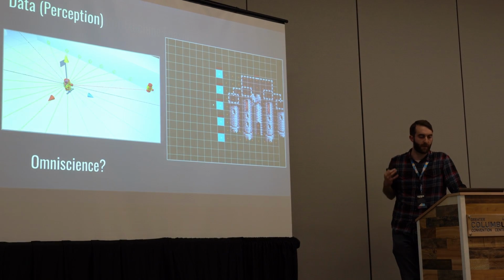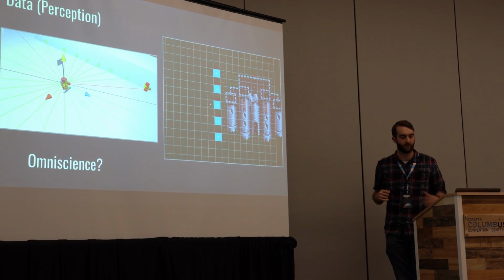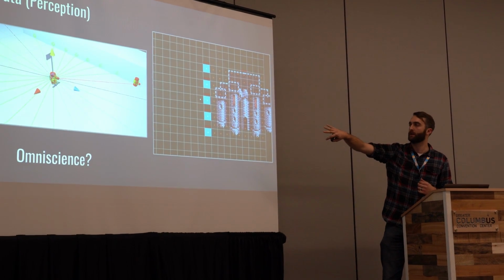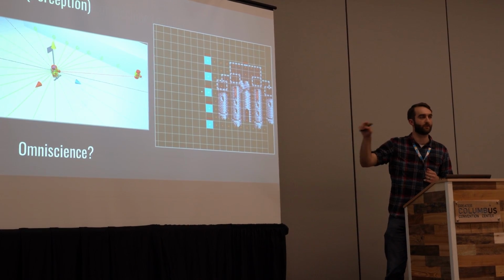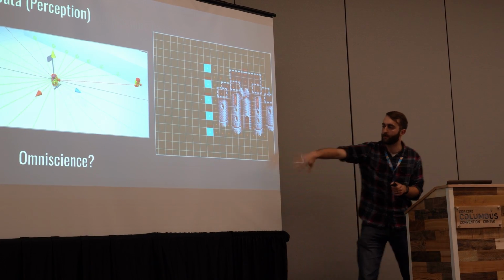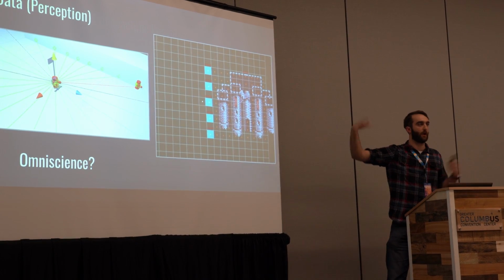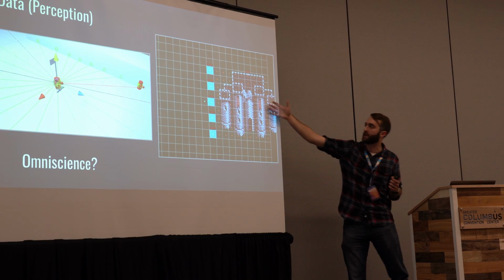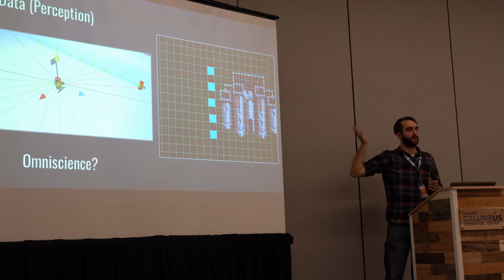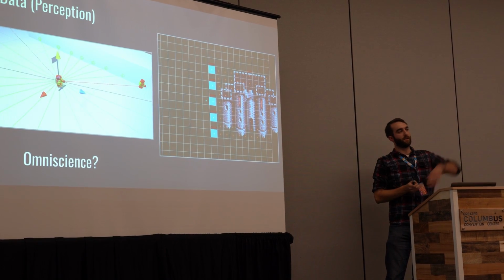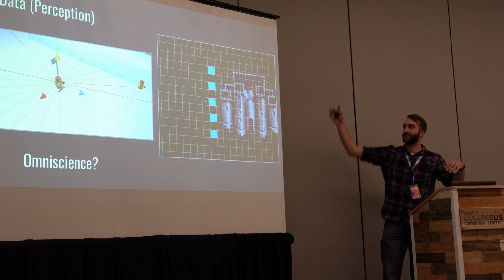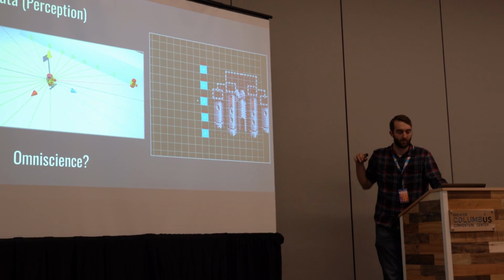So for perception, you have a lot of choices. It's usually a good idea to have it be localized to your character, because then you can drop that character into a new environment and it'll still work. I call it omniscience, which is when the AI can just know stuff about the world. So in my game, let's say the base has a health bar. All of the robots could just know that the base was losing health. They could be off on some far part of the map and then magically know, oh no, the base is getting attacked, and then run back to the base to defend it.